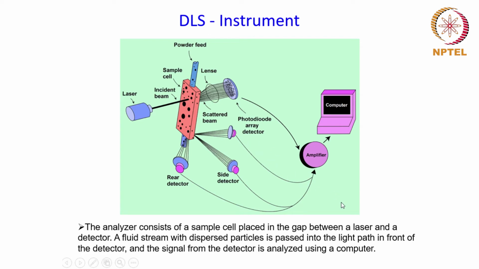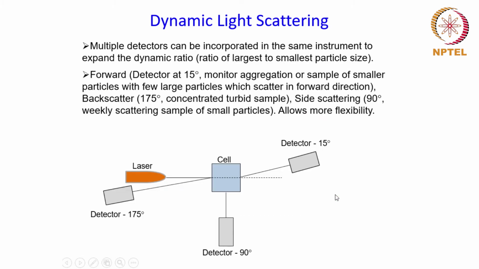So if you have more than one detector in a system, it allows more flexibility and also helps expand the dynamic ratio, which is the ratio of largest to smallest particle size, which essentially means that it can analyze a wide range of particle size. Okay, and the way the detectors are arranged when you have multiple detectors is shown in this diagram over here,